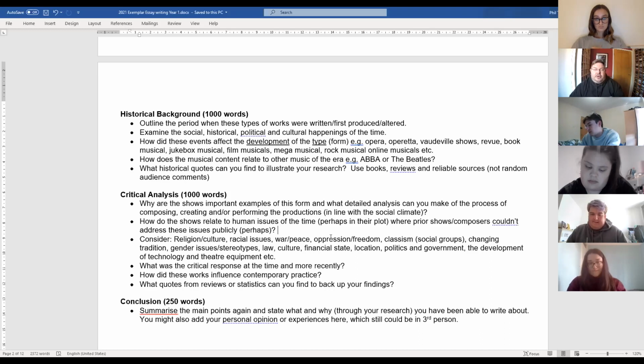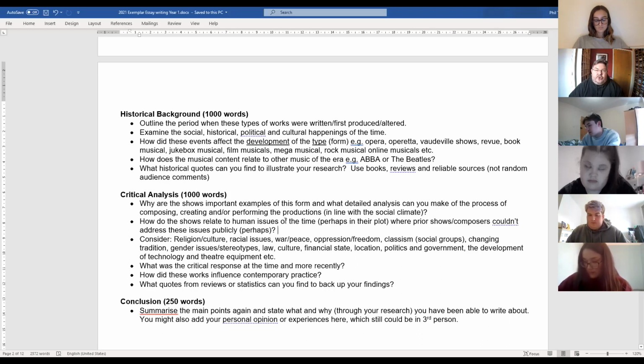Do you really know how the show goes, what it's about? And then how do these shows relate to what's happening at the time? Is it like in Wicked, it's all about Elphaba and her being coloured, or green, and she doesn't fit in, but then eventually they all get to know her, and then there's all this stuff about the Wizard of Oz, etc. But is it about Rent, which is mostly about sexuality and AIDS, or is it about racism, or is it about war and peace, like Miss Saigon?